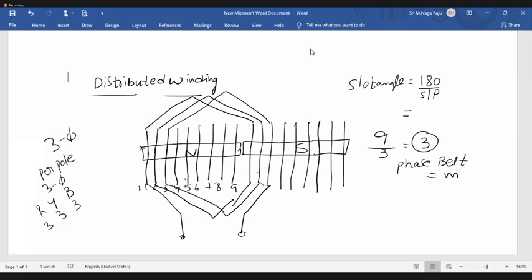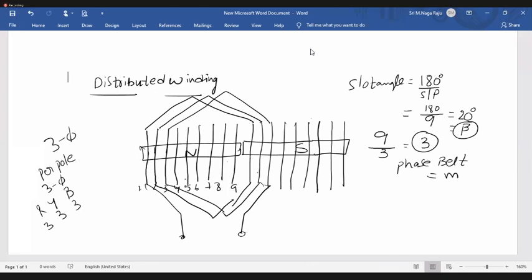So for this case, we have 180 by, what are the number of slots per pole in this case? Under one north pole, how many slots we have? 9 slots. So the slot angle equal to 20 degrees. From now onwards, indicate this with beta. Because we will follow one textbook notation. In JB Gupta, it is given beta. In some other textbooks, it is given alpha. We'll follow one notation throughout the subject. Okay, so beta is the slot angle. Formula is 180 degrees divided by slots per pole. Now in this case, beta is equal to 20 degrees.